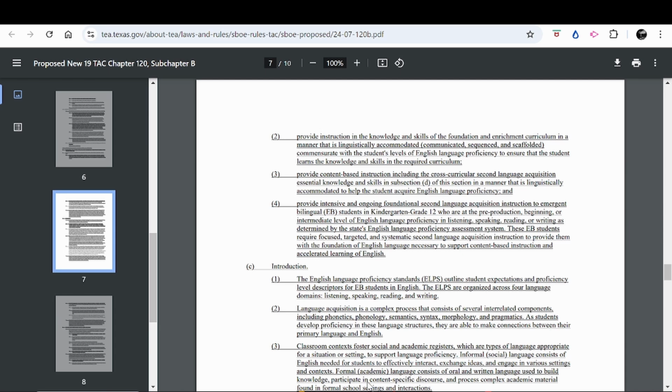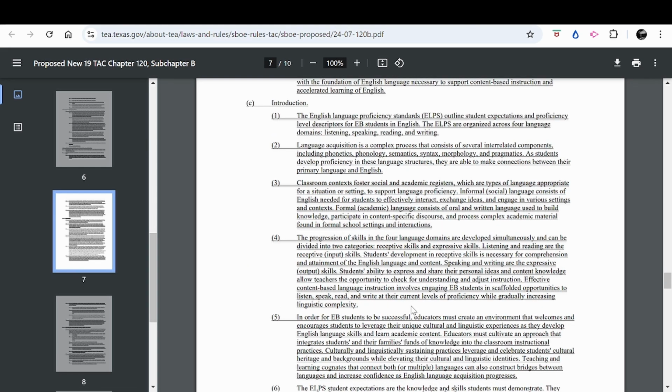These EB students require focused, targeted, and systematic second language acquisition instruction to provide them with the foundation of English language necessary to support content-based instruction and accelerated learning of English.